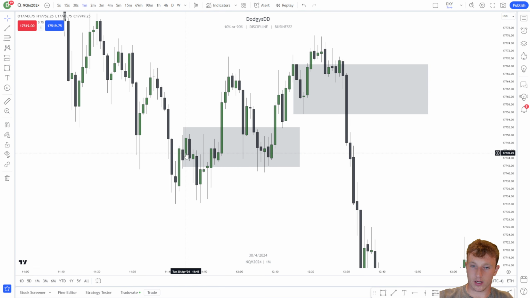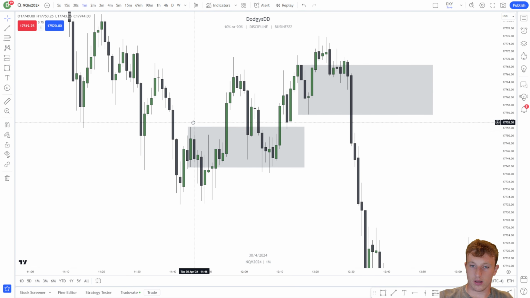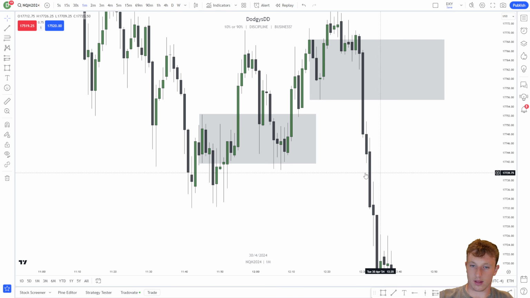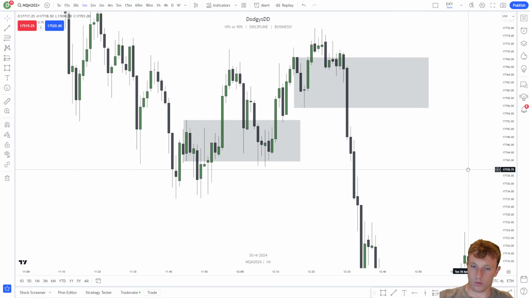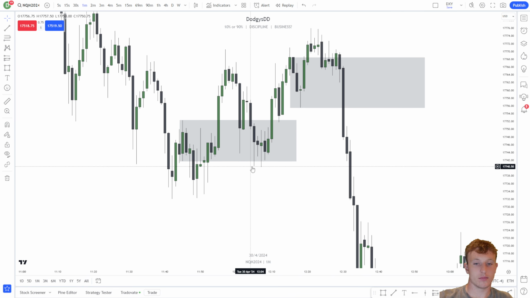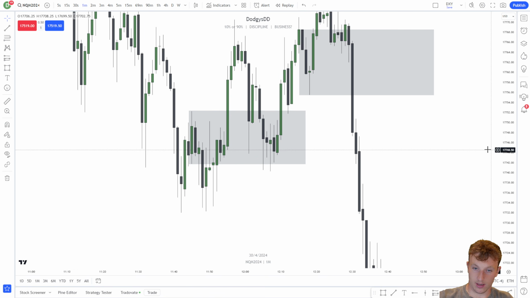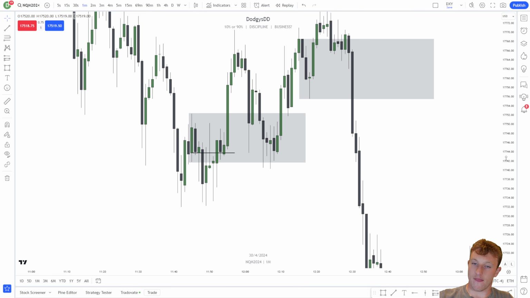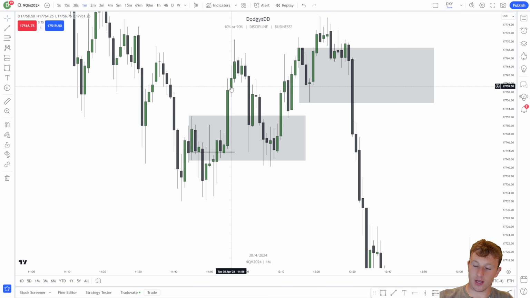So right here, we got another swing high. It's a green candle. And you can see that, again, this green candle right here would technically become your breaker once it's broken. So you can see this is an order block at this point because we get a big red candle close below it. And then when we go back above it, you're like, okay, it is now a breaker because it's a swing high. It was an old order block